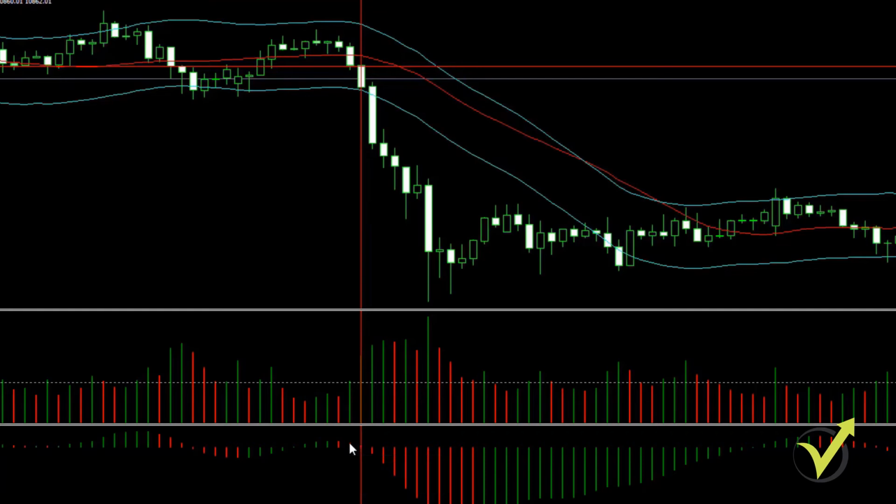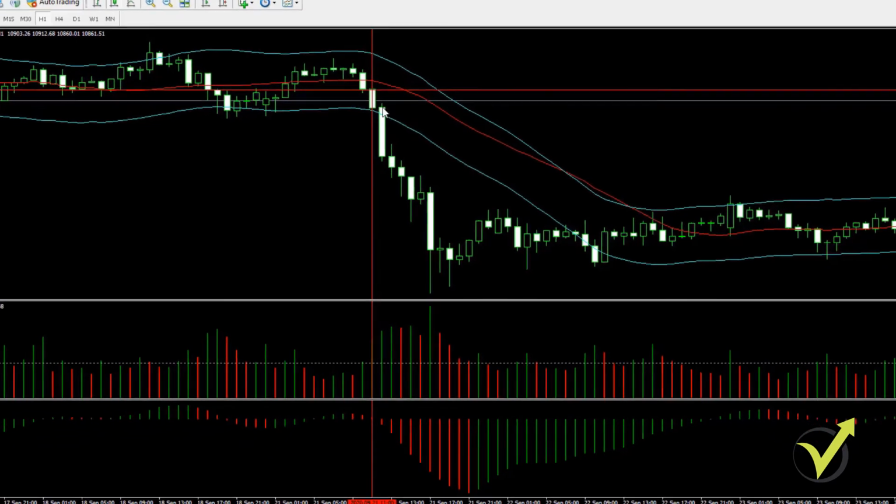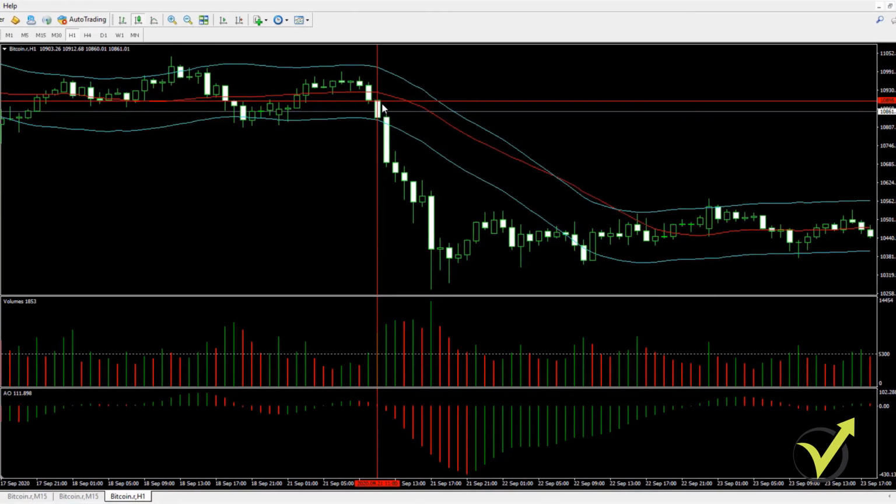Same thing with the Awesome Oscillator. Here the value is 23,979 and here it is 9,207. Okay, it's falling. And this is a sell trade. You can see very obviously we would take a great profit. First with the take profit and second with the exit condition from the envelope.